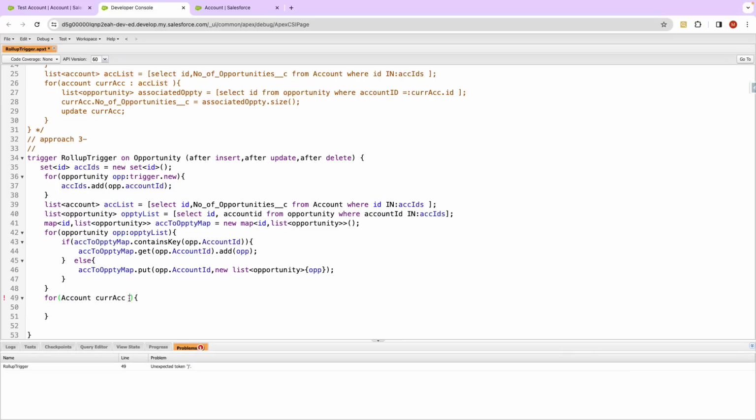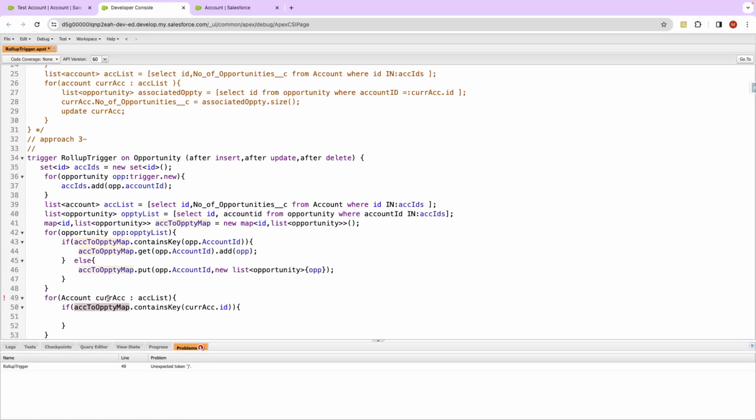And then we will have a loop on the account list. And here we just need to see if this map contains this current account ID, which it will obviously contain,